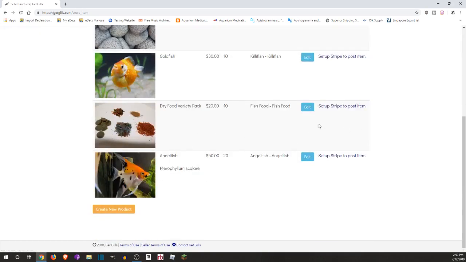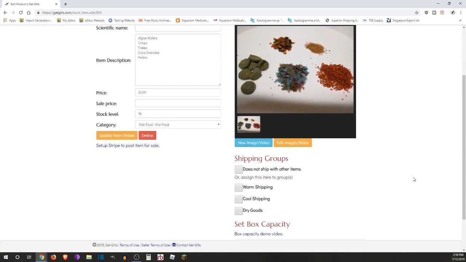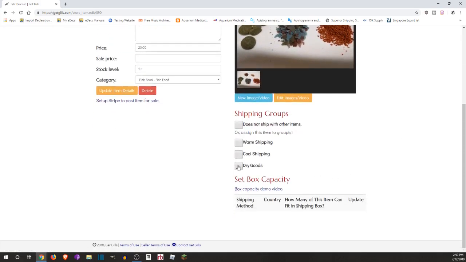Okay, now I have some dry goods. Here's an example of a dry good. And I want to ship these separate from the fish, so I'm just going to pick that. Now, if these were dry goods that could go with fish, that were sealed so water wouldn't damage the dry goods and were light or soft or something like a sponge, so it's not going to damage the fish, then maybe I would select these